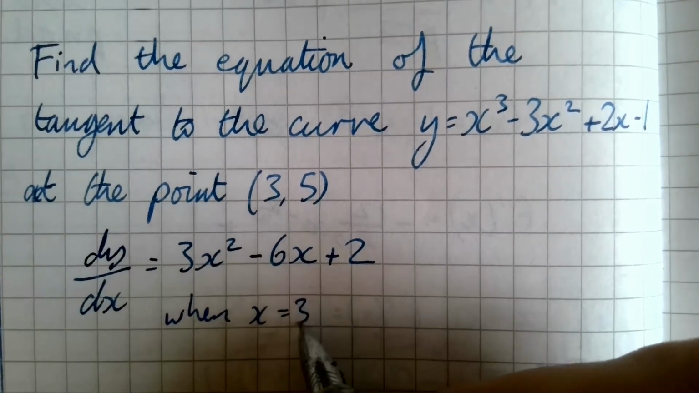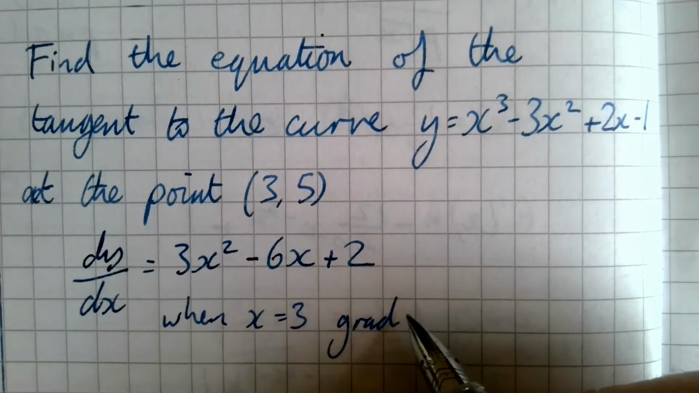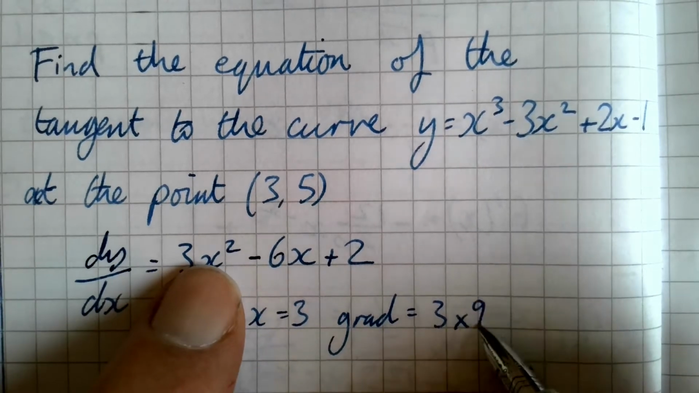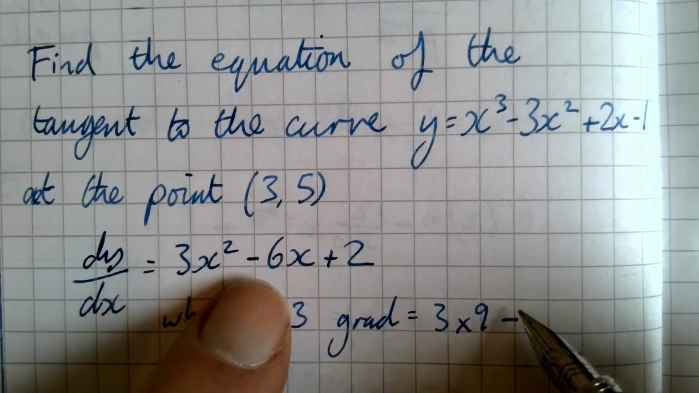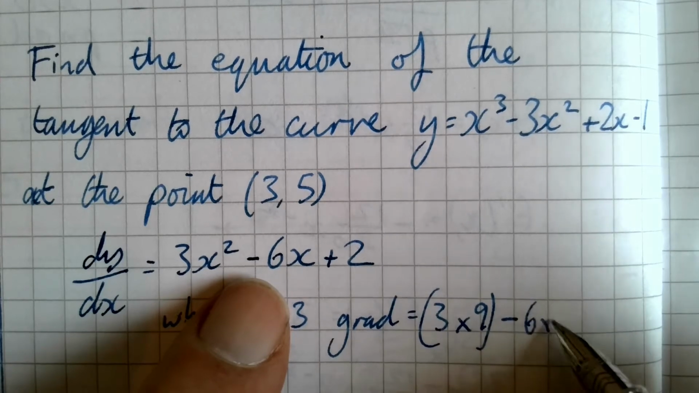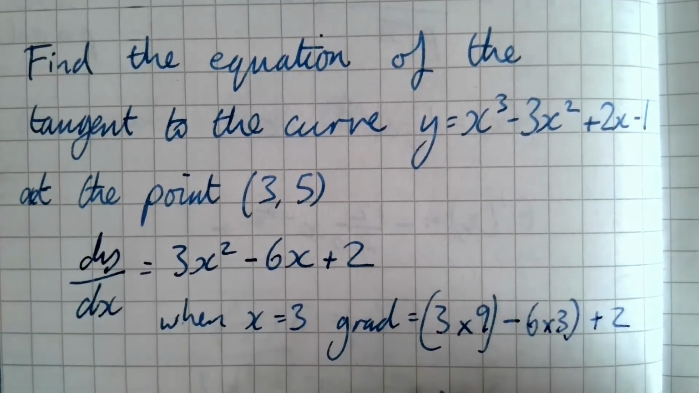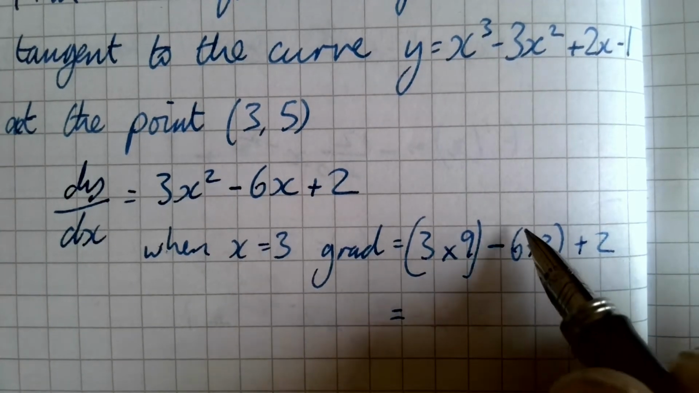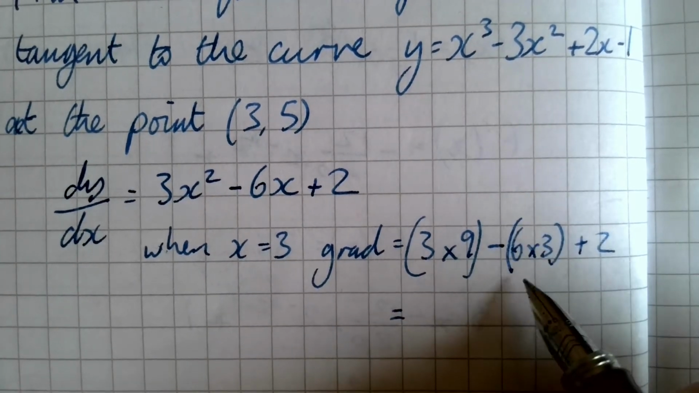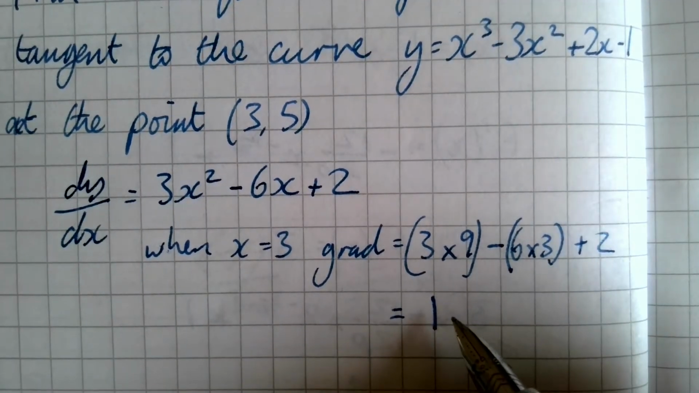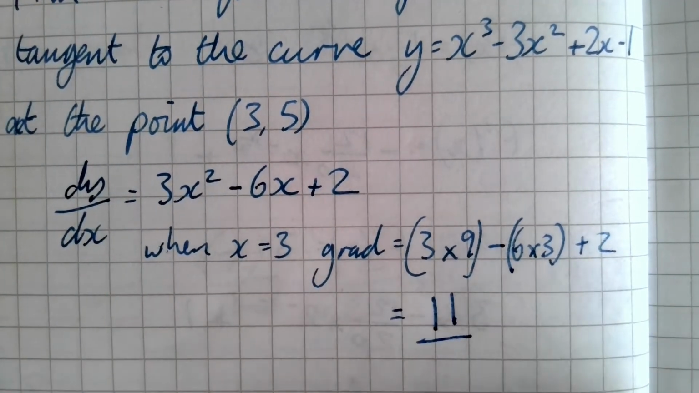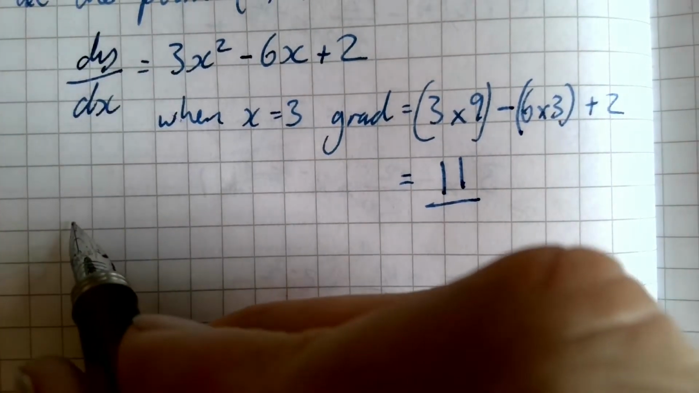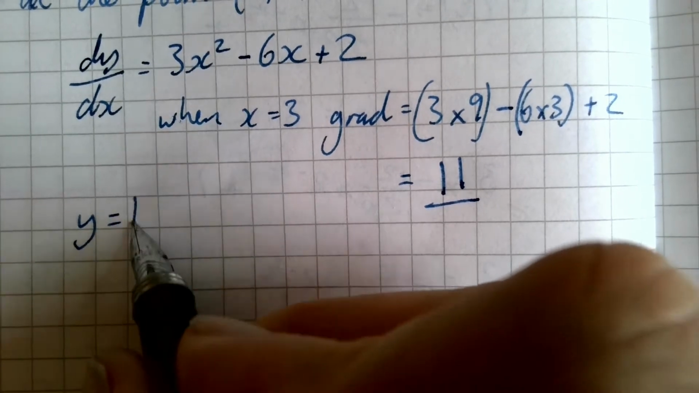when x equals 3, the gradient is going to equal 3 times, well, 3 squared is 9, take 6 times 3 and then add 2, and if we do all of that, that gives us 27 take 18, which is 9, plus 2 gives us 11. So the gradient is 11, and we can then say if the gradient is 11, we're looking at y equals